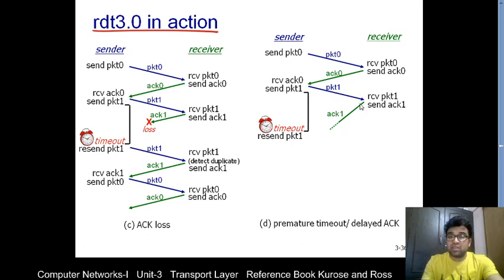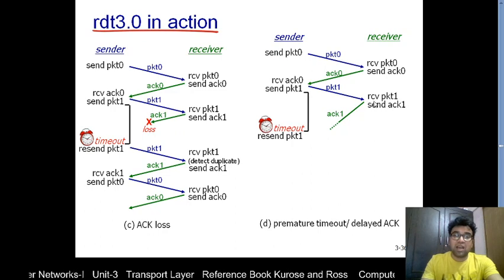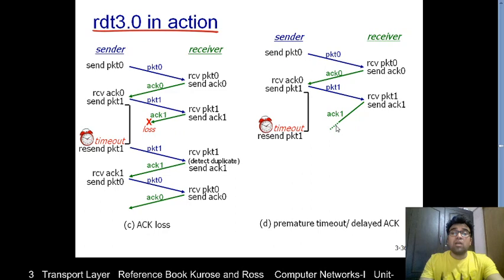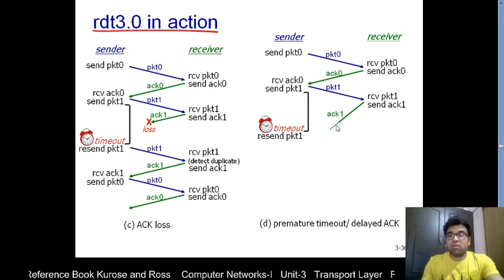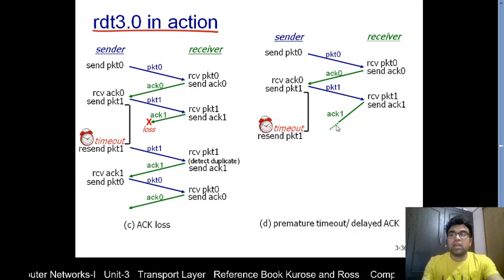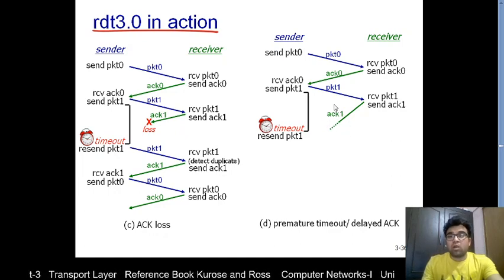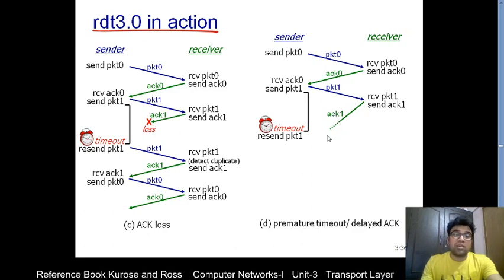The receiving side sends back the acknowledgement, but due to some problem during the journey, it might have high traffic, or there may be some delay due to the queue at the routers, or anything can happen, and acknowledgement number 1 for packet number 1 is not received by the sending side